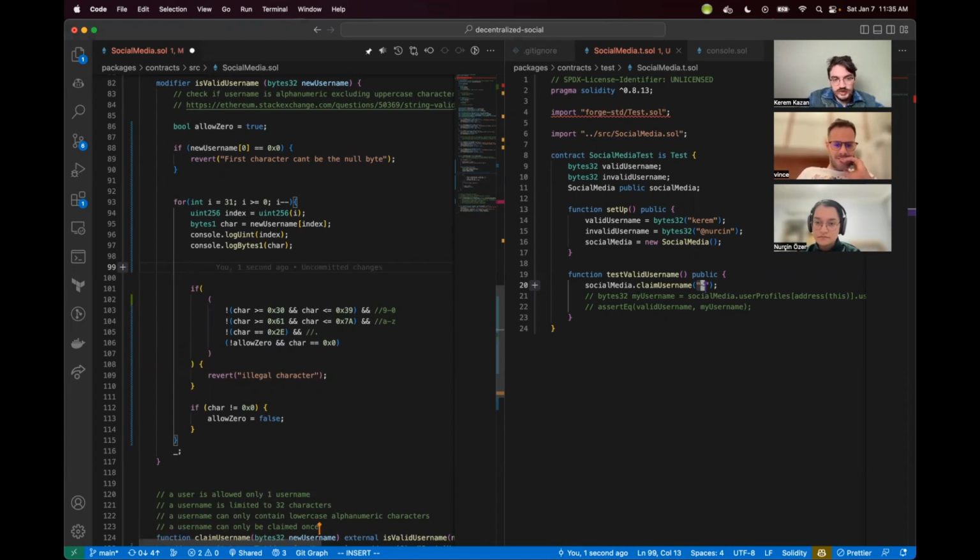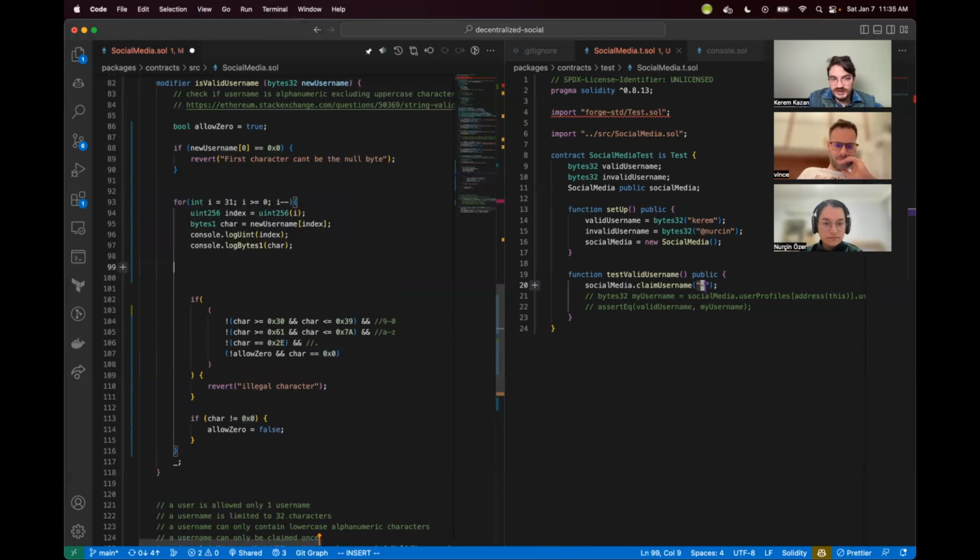So, do you have a suggestion? Actually, is that true? Allow zero has not flipped yet. So this goes to false, and this other one becomes false, which kicks it out of this failure condition. So I think one thing we can do is something like this: if char is equal to 0,